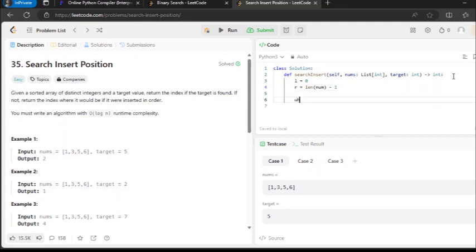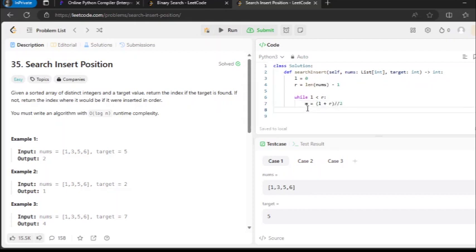So we say while L is less than R. We create our midpoint m equals to L plus R over 2. Then what do we do? So we say if nums of m is greater than target,